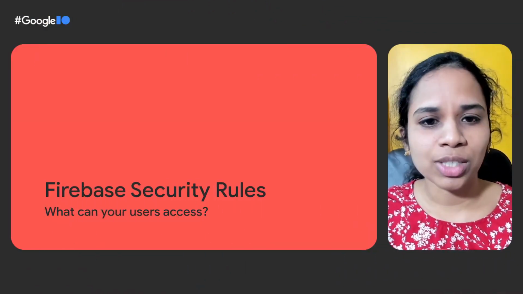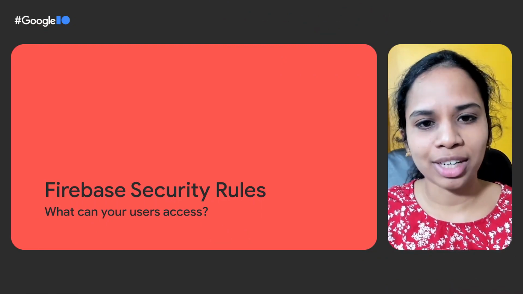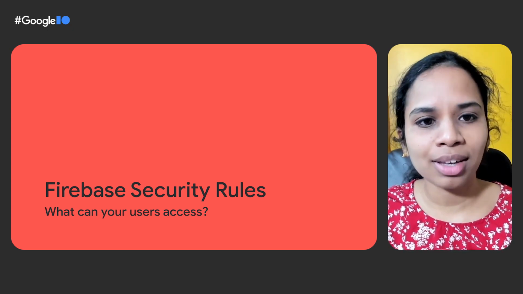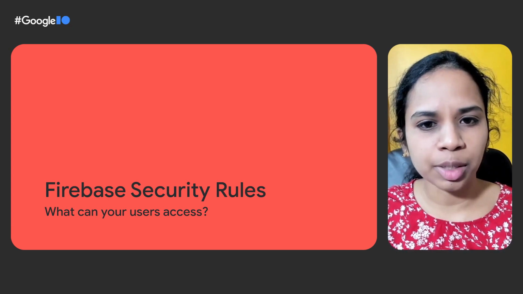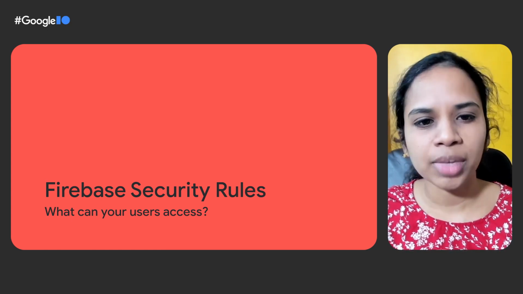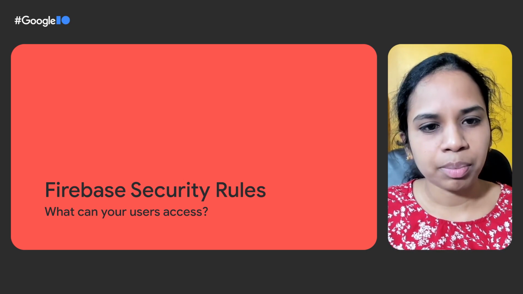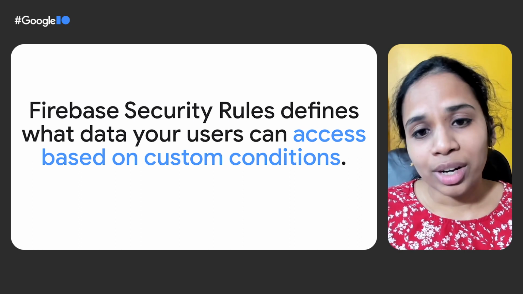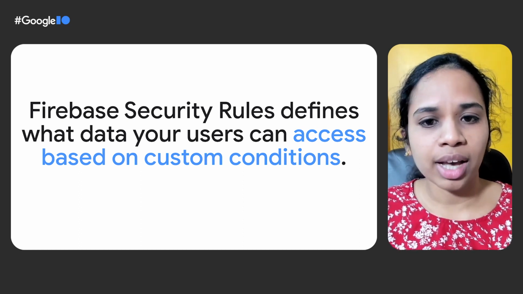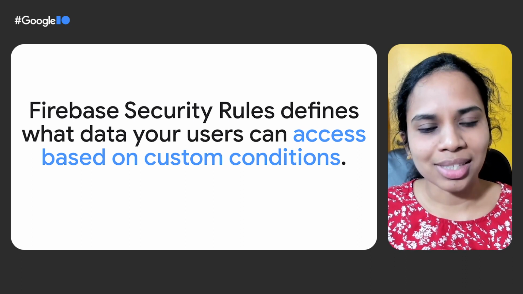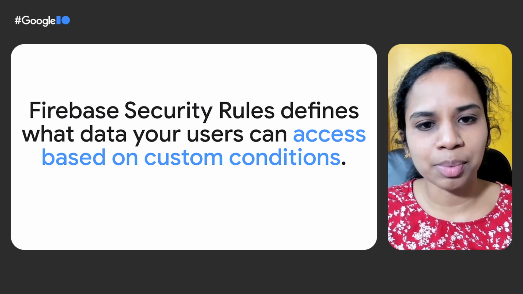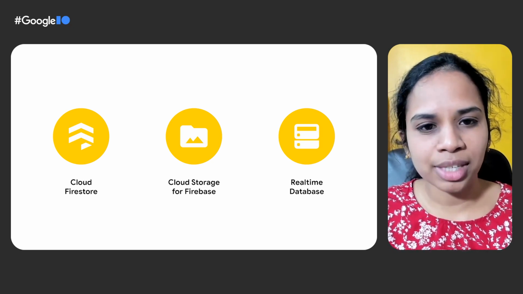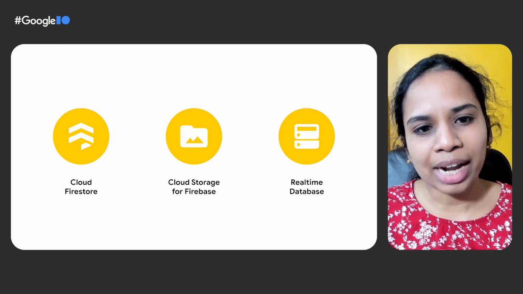Name collisions on the high score leaderboard weren't the only problem that Fertile ran into, though. As you may recall, another Fertile user provided feedback that their scores kept disappearing from the leaderboard, deleted by malicious users. This is definitely not ideal, but can be easily prevented by using Firebase security rules. Security rules are rules that you write that define custom conditions to authorize users access to specific paths in your Firebase databases. Security rules are enabled by default for all the Firebase database products, although with slight variations in the